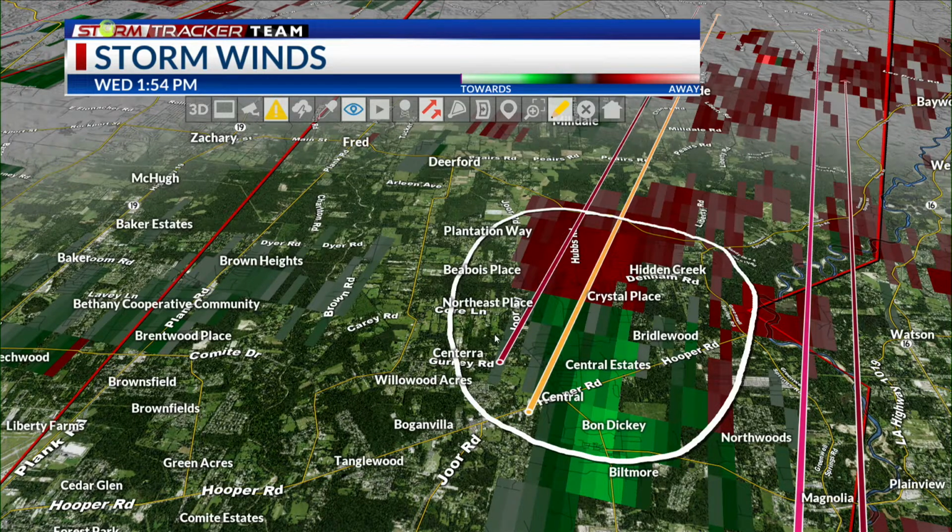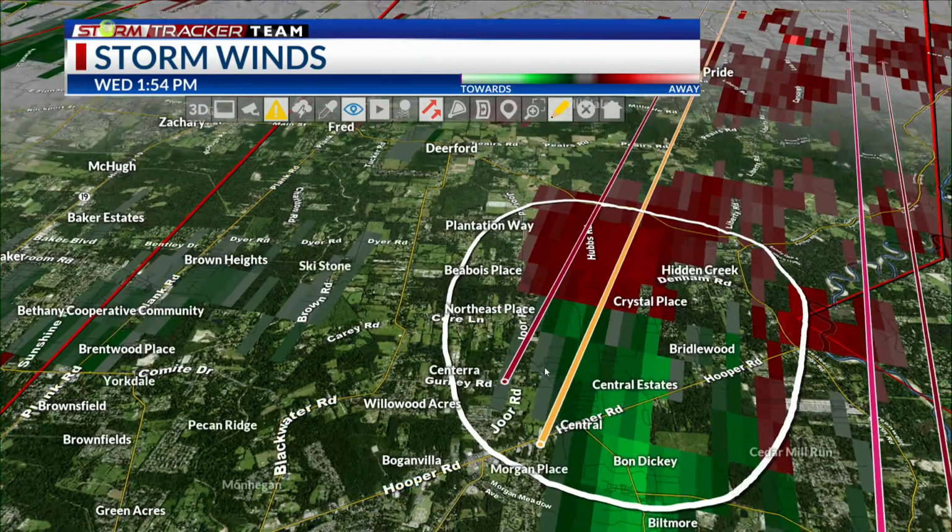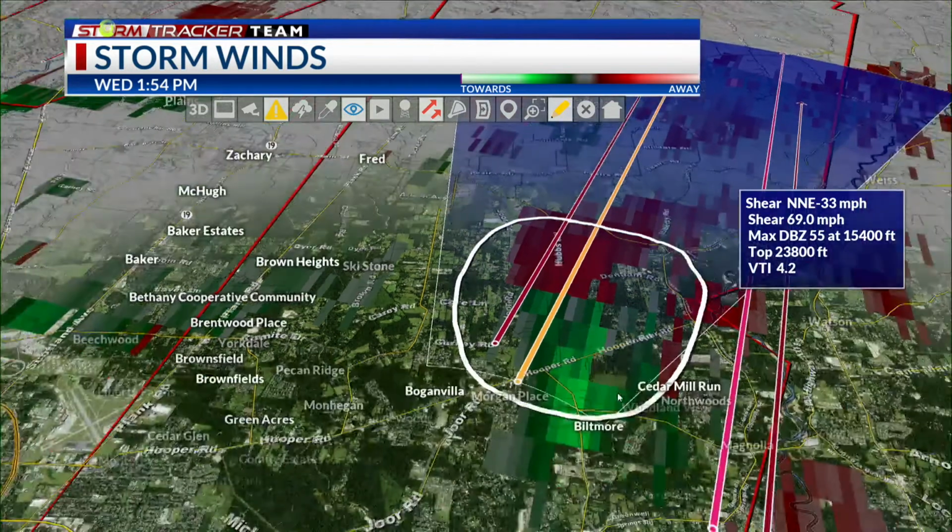Stay there until we give you the all clear. So again, the most concerning portion of this storm right now is near Hooper and Jor Road. This is just near Central, and it is moving to the north around 30 miles per hour. So it could be knocking on your doorstep